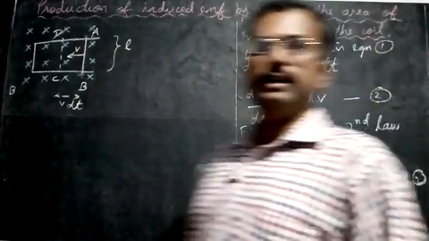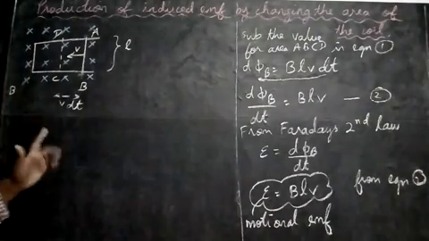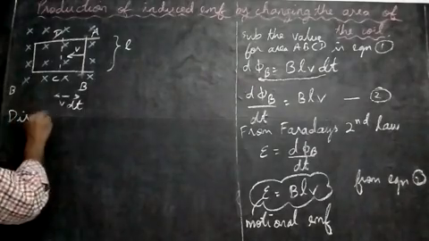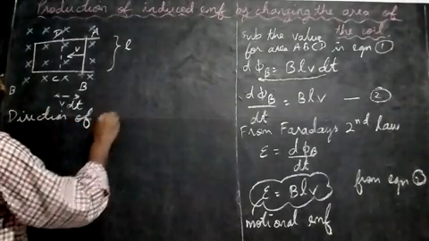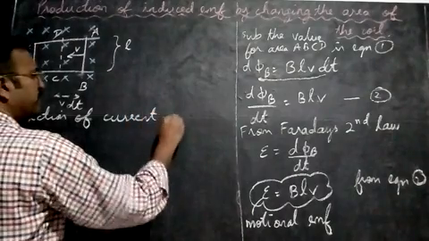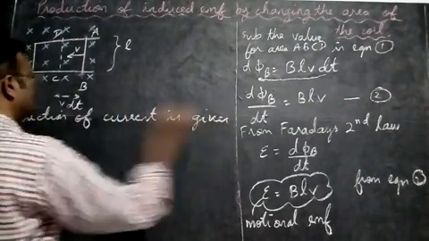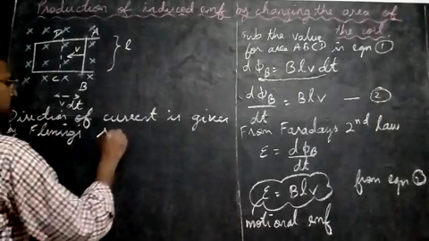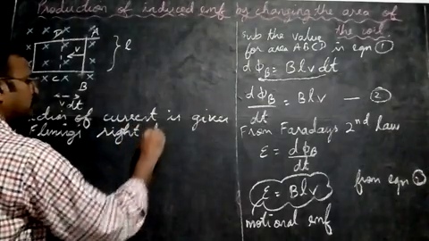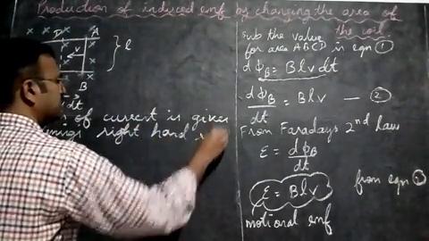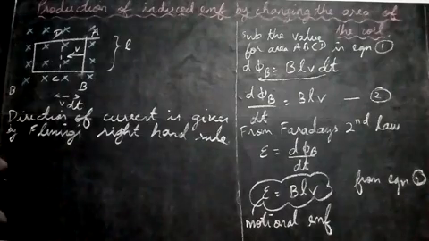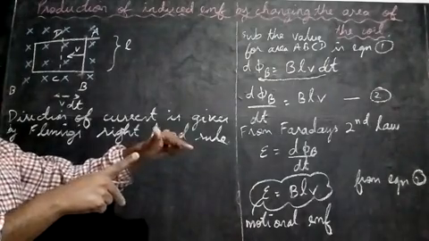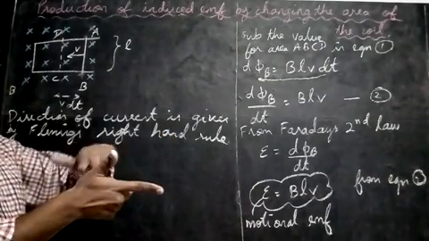Now let's see. The direction of current is given by Fleming's right hand rule. Let me write it also. So direction of current is given by Fleming's right hand rule. Let's apply that and see. Fleming's right hand rule states that stretch the three fingers of right hand, mutually perpendicular. Forefinger shows the magnetic field, middle finger shows the induced current, and thumb shows the force of